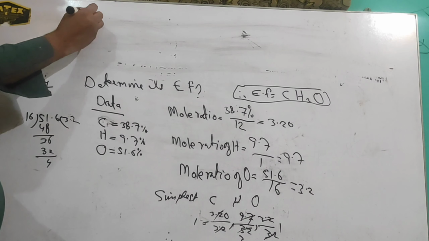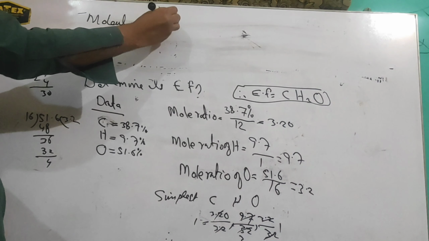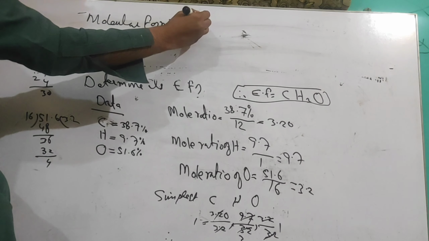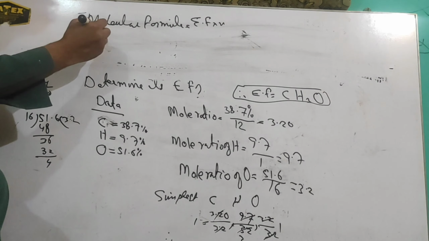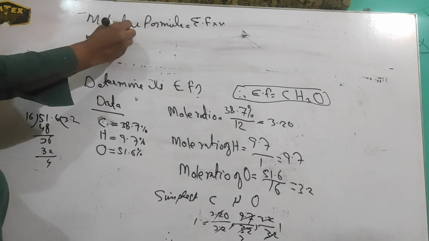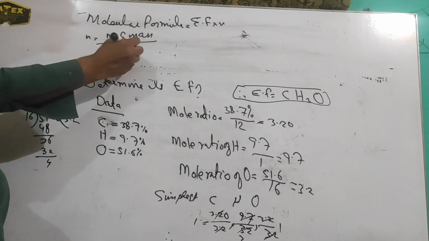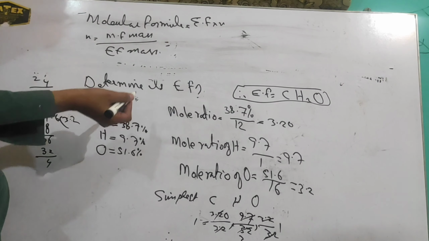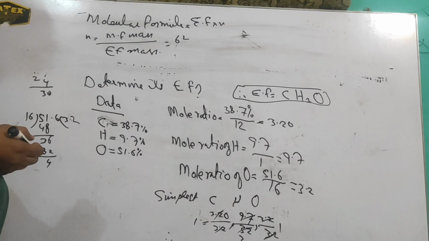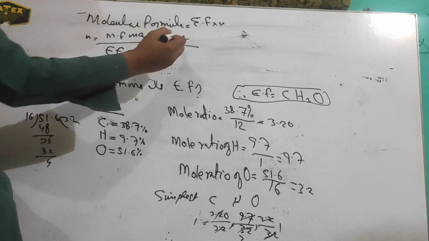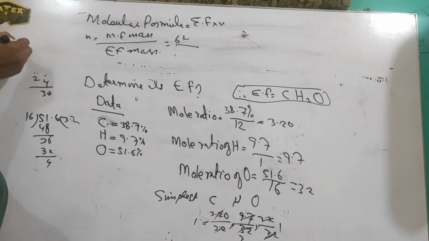We can find the molecular formula as empirical formula times n, and n is molecular formula mass divided by empirical formula mass. The molecular formula mass is 62, that was already given, and the empirical formula mass is equal to like this: